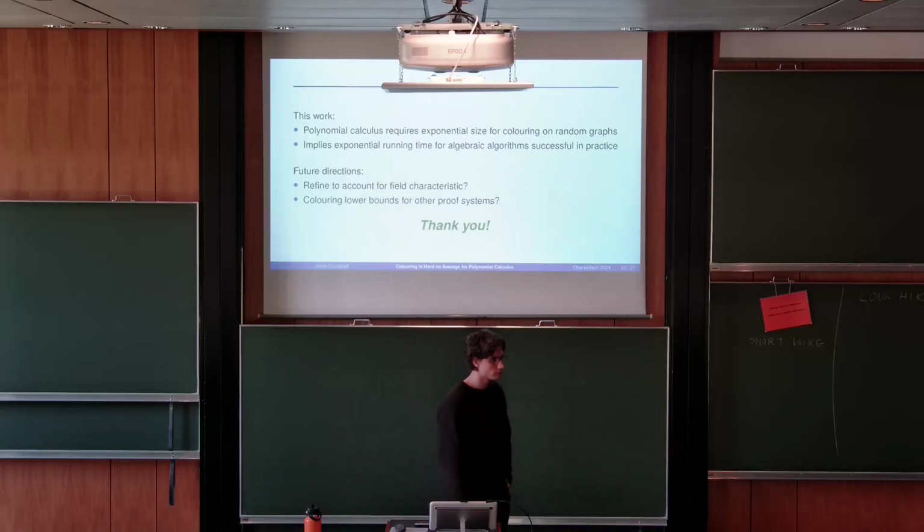Have some questions. At some point you claim that this works for Fourier and Boolean encodings, right? Yeah. But this is the degree lower bound. Yes, exactly. The size works for both, or? So there is no size-degree relation for the Fourier encoding, but these algebraic algorithms are essentially solving a system of linear equations where the number of variables you're solving over depends on the degree of a Nullstellensatz refutation of coloring. So you're solving a